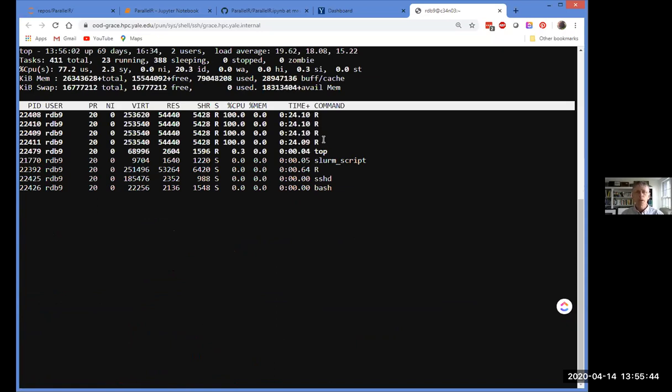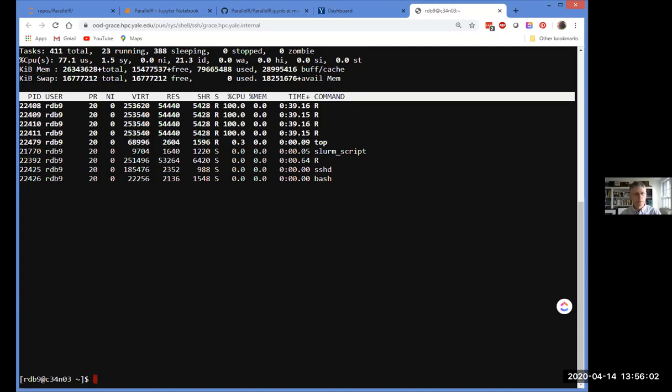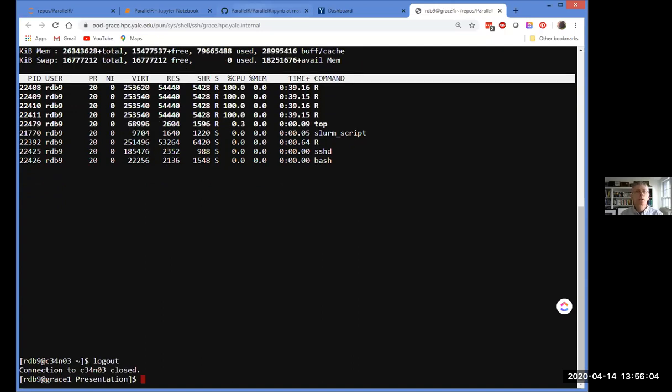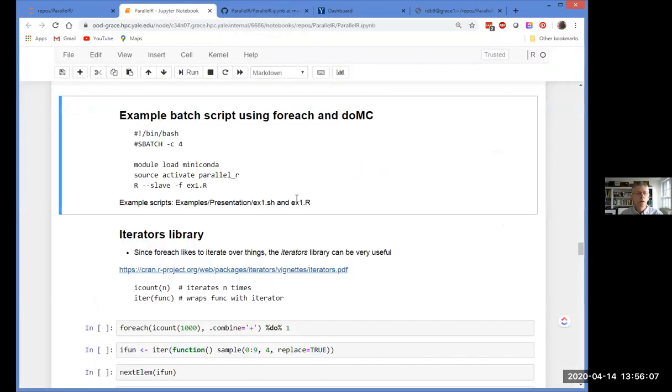Only 4 this time because my batch script asked for 4 CPUs, and my R script noticed that the number was 4 and registered 4 as the number of workers, and so we can see it running here. I think that'll take about a minute to run, and no reason to watch it to the end. Okay, so that's the basic way that you would take the kind of code that I've been showing you and convert it into a batch script that you could run on the cluster. So if you look in there, that boilerplate will get you started on doing that with your own code.